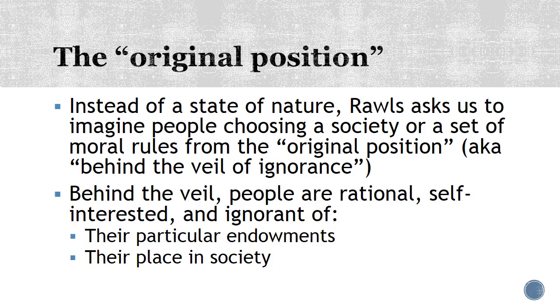The veil of ignorance is a kind of nickname he gives to the original position. They both mean the same thing in his writing. And so behind the veil of ignorance, people are rational. Okay, they are self-interested. They care what happens to themselves, and they're ignorant of their particular endowments and their place in society. This is why he calls it the veil of ignorance, because it's a thing that prevents you from knowing something about yourself. So what we're supposed to do is imagine a bunch of people choosing a society or choosing a moral code without knowing anything about themselves, right? So when we talk about their particular endowments, we say that we don't know whether they're fast or slow, tall or short,